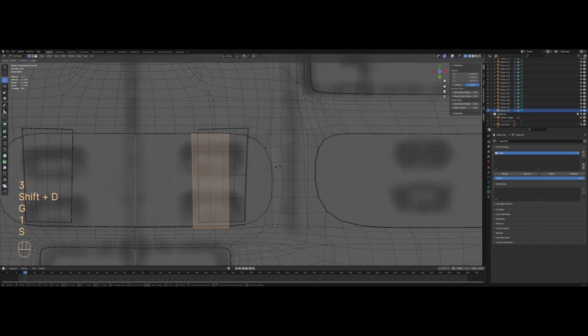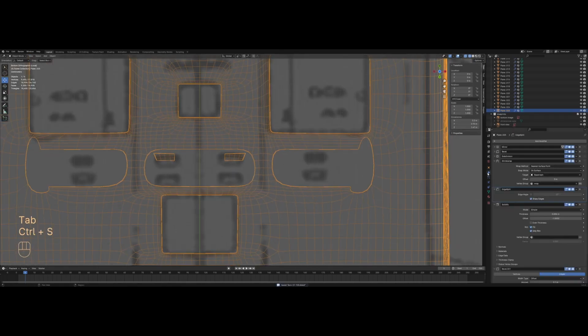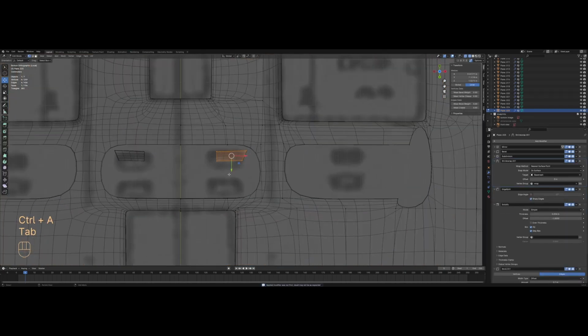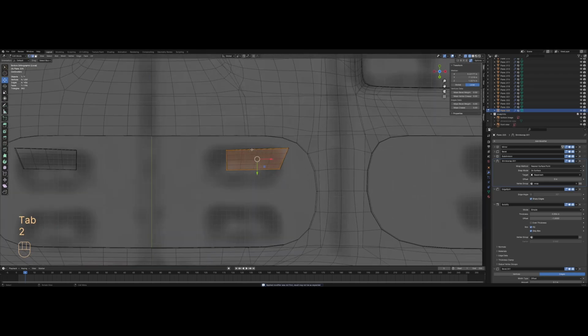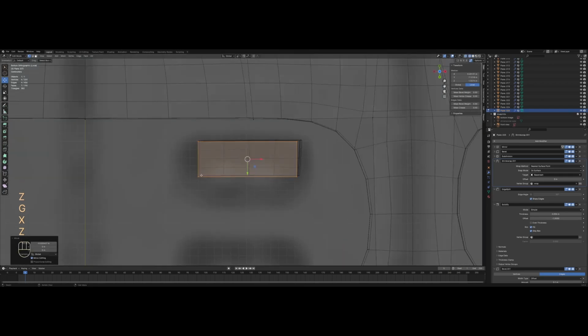So this, I'm going to duplicate it, scale it down, and now I'm going to duplicate my shrink wrap modifier because you could see there was kind of an offset, and that was because our geometry in edit mode was kind of not at the right place. So I'll just flatten that on all sides just to give me a nice little rectangle. Then we'll move it over here,